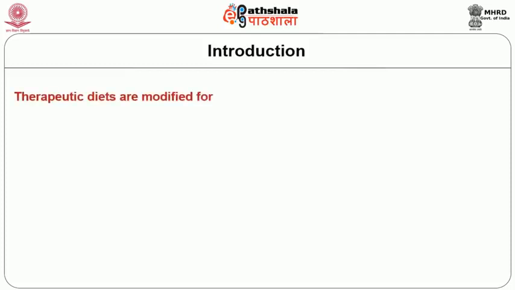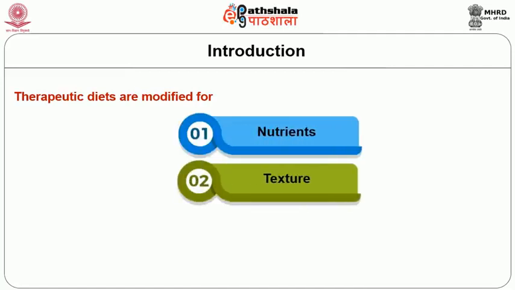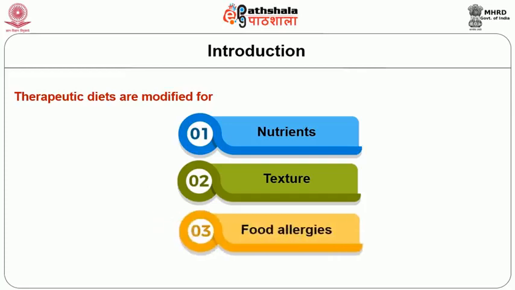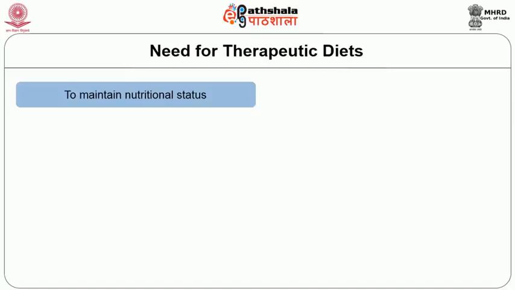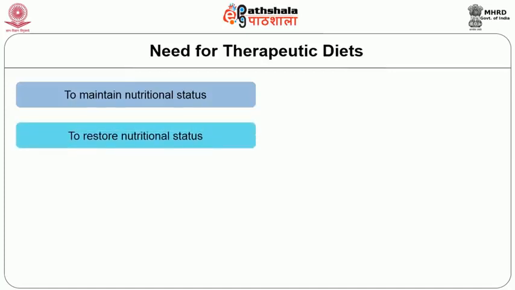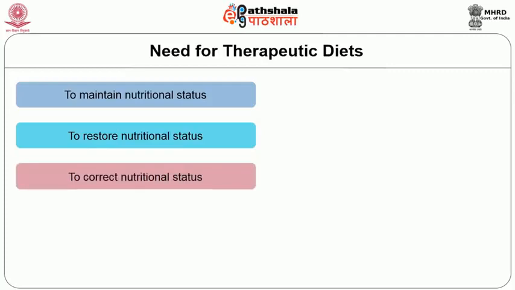Therapeutic diets are modified in 3 different ways in general: one for nutrients, two where texture modifications may happen, and in the 3rd, for allergies and intolerances, the tailoring has to be done. Now, if we look into the need for these therapeutic diets, they usually play a crucial and vital role to maintain the nutritional status of the person, to restore the nutritional status, to correct the nutritional deficiencies,